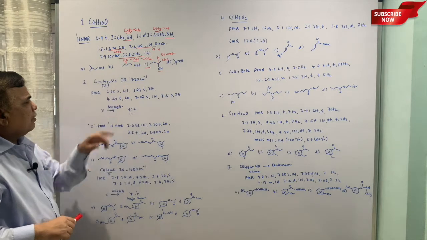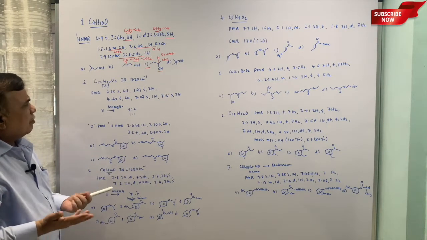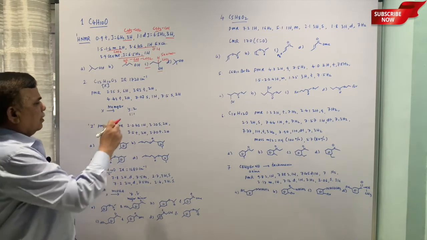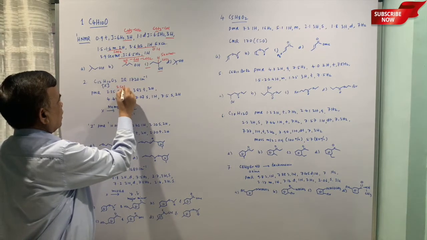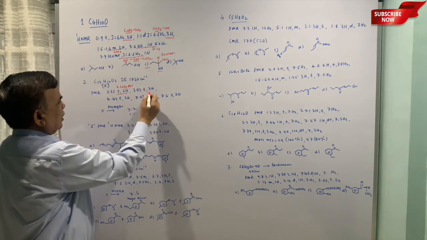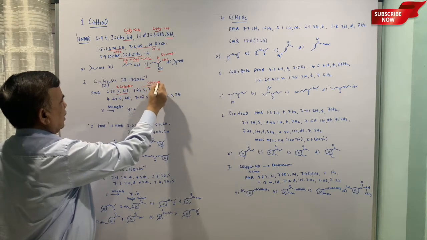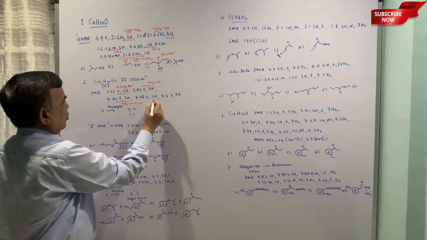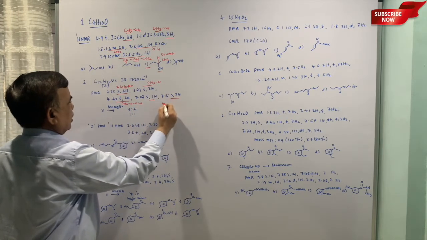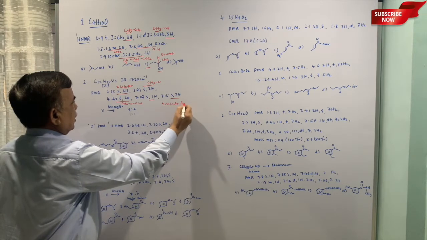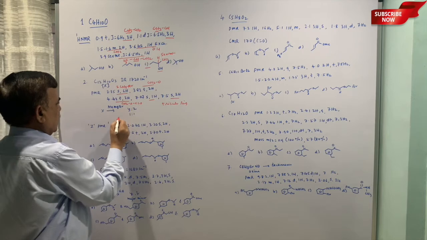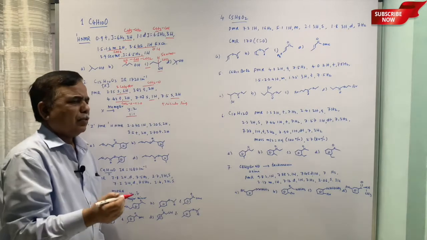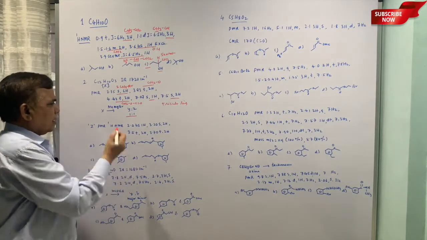C12H10O3, IR 1720 suggests that it is an ester or ketone. 2.35 singlet, 6 hydrogens, 2 CH3s attached to the aromatic ring, that is the evidence. This is CH2 probably attached to O, attached to CO. 1, 2, 3 protons, so a tri-substituted ring. Methyl magnesium bromide gives Y and Z, that is addition product. So the first product would be a ketone, the second product is a tertiary alcohol. So that is how it will go.